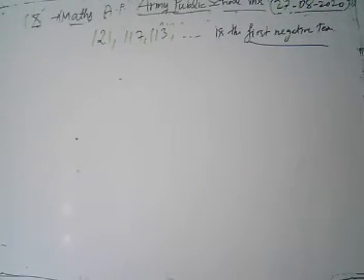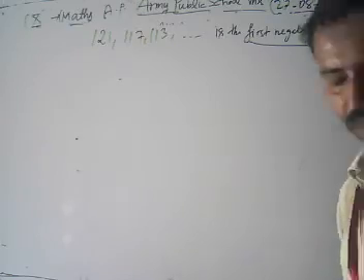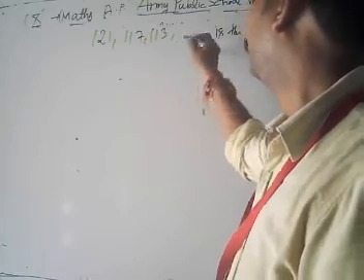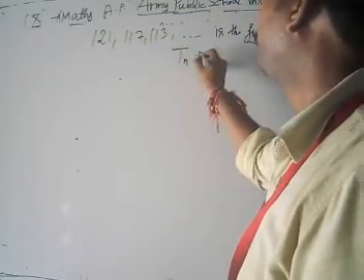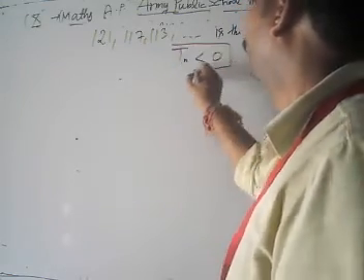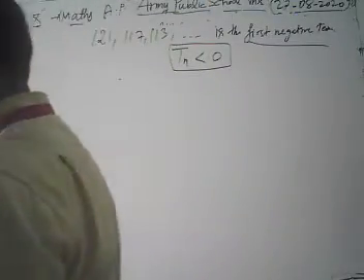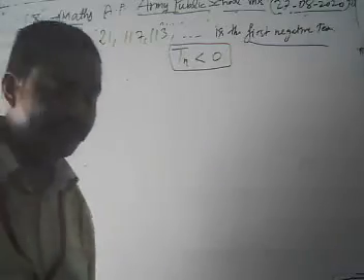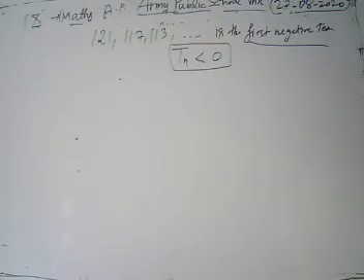in such problems, to find any negative terms, we use our concept to generalize this. To get the first negative term, we have to start with Tn less than 0. In any such AP problems where we have to find the first negative term, we have to start with Tn less than 0.